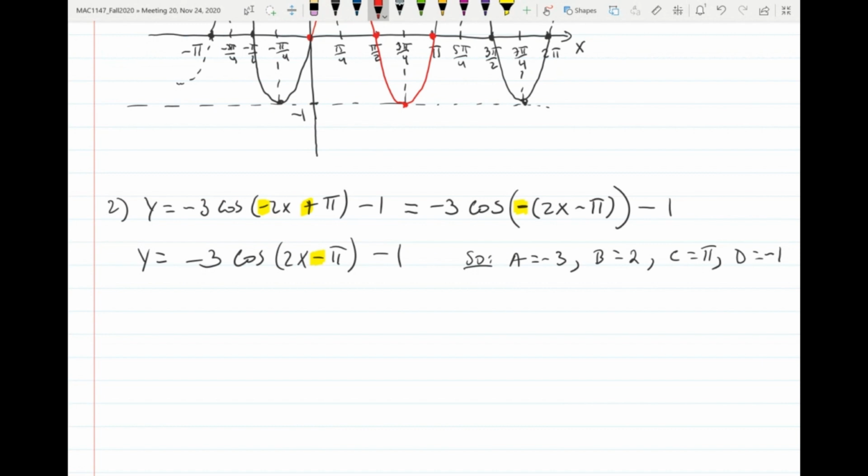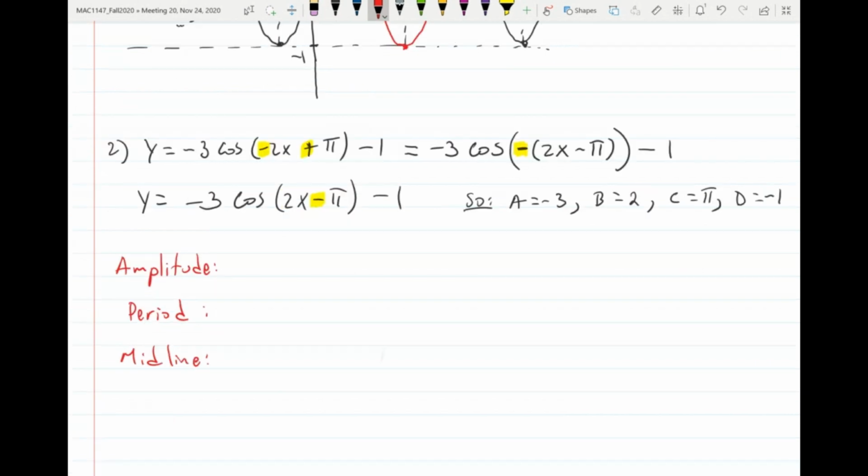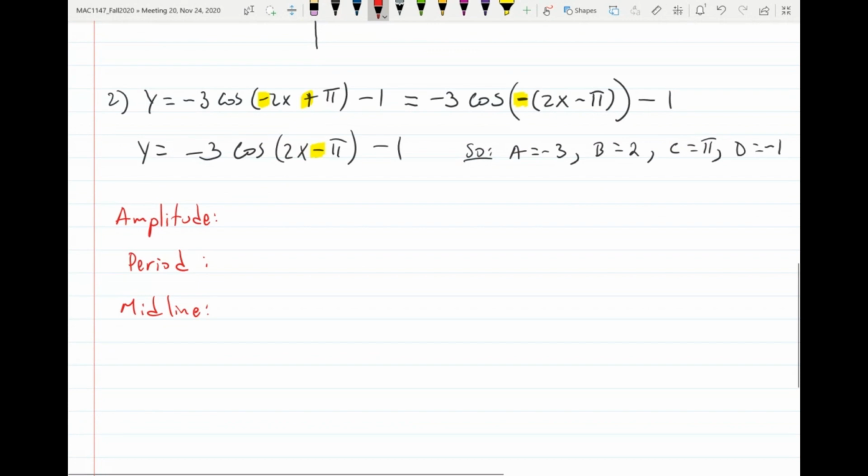All right, so once you have this, then you can immediately write the 4 things that we asked. So the amplitude, the period, midline, and phase shift. Because we have formula for all of this. So remember, amplitude is absolute value of A, which in this case is positive 3, right? The period is going to be 2 pi divided by B, which in this case is,